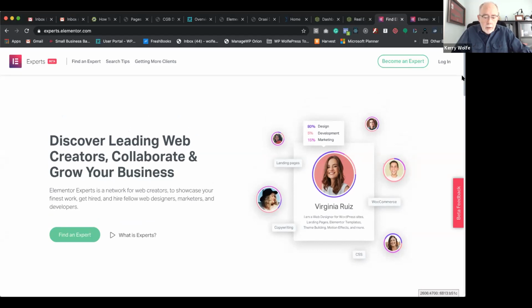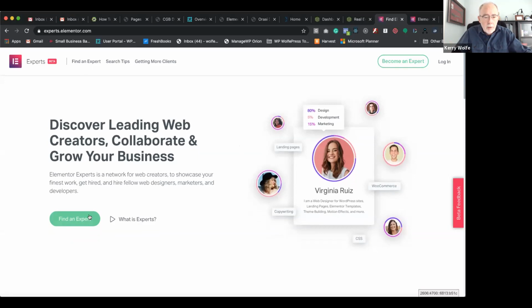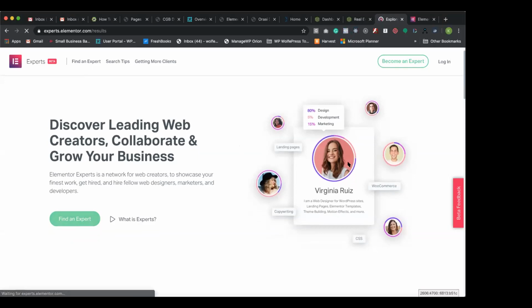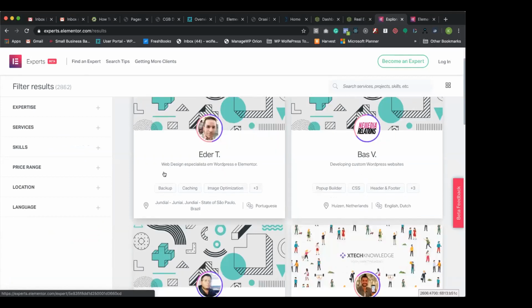But during the COVID crisis, they are going to make it available to anybody who's an Elementor Pro user. And it's designed for two things. It's designed for people to find an Elementor expert, and the way you can list